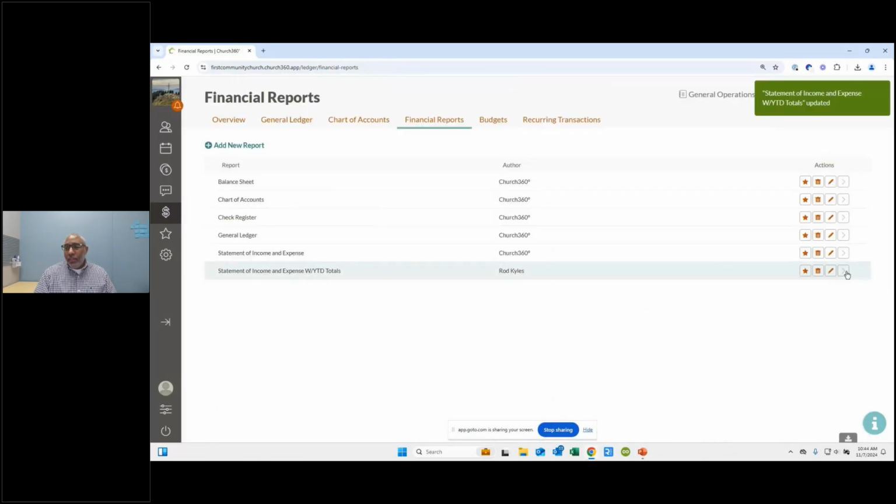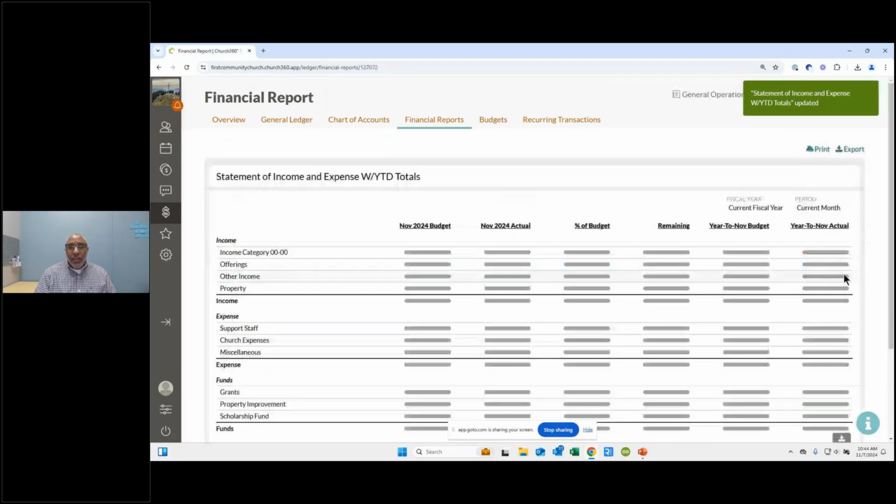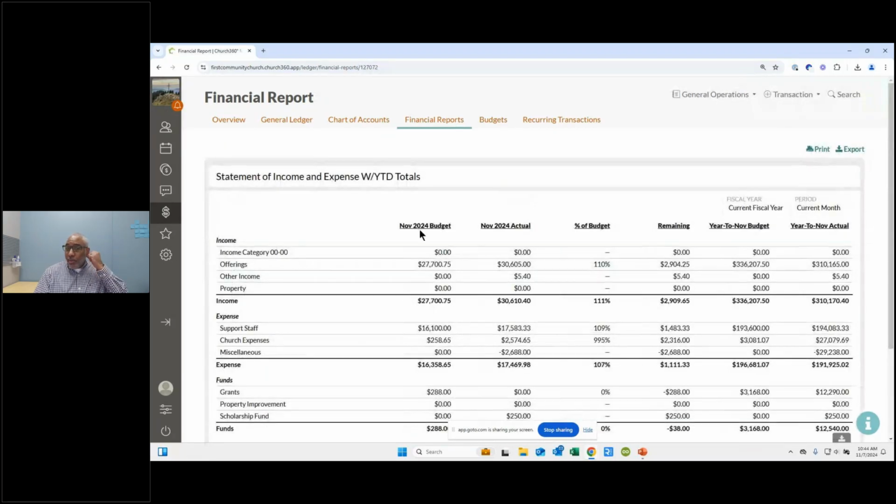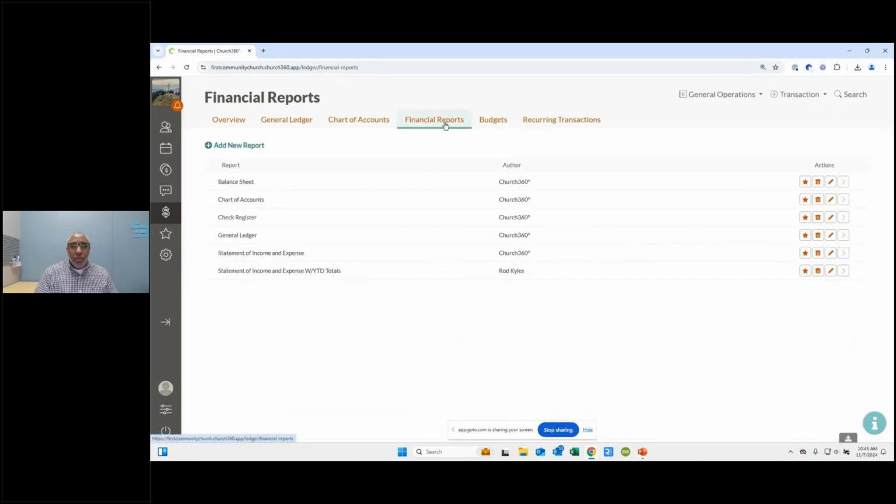And I can then click on it here at that point in time and see the numbers for November. Now, this is November. We're only 7 days into November. And if you say you want to see the October numbers, you can go to Financial Reports,